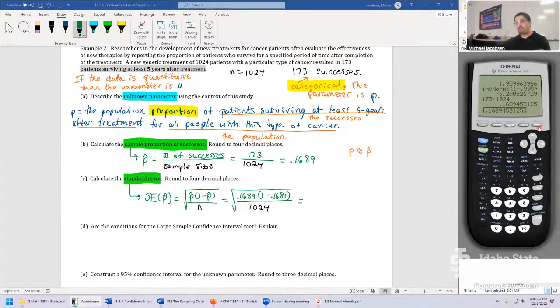And the reason to do this is it's fast. And if you're typing in a lot of digits, this is way more accurate. It just looks ugly in the calculator. That's a lot of stuff to stare at. Then match up the parenthesis, go parenthesis 1 minus. It's the P hat value again, so use the same trick. Up arrow, hit enter, and just throw it down in. You're just importing that value. Close the parenthesis, divide by 1024. And to 4 decimal places, this comes out as 0.0117.